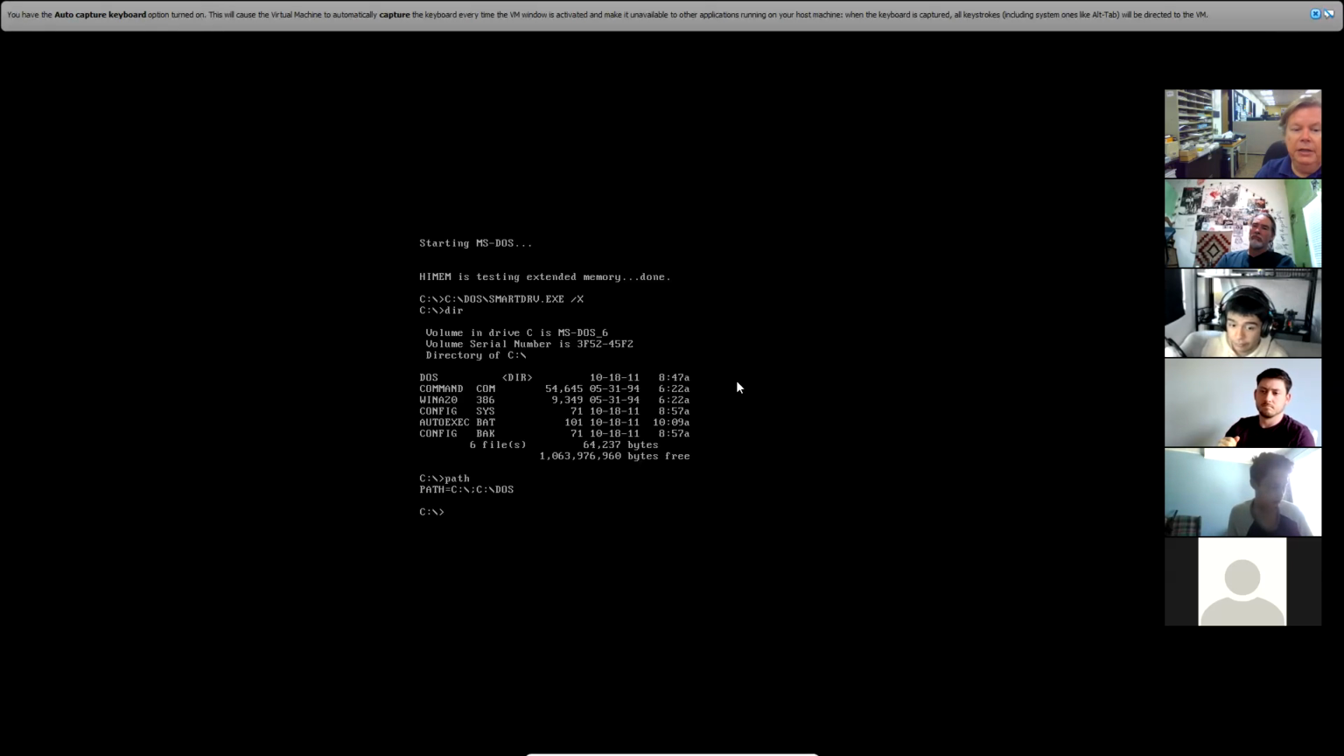If I type that and there was no path, I'd get a bad command or file name message because that command is not in memory. Certain commands like dir and copy... You mean in RAM? Or what do you mean by memory? In the RAM. So if we do the mem command, mem /c,